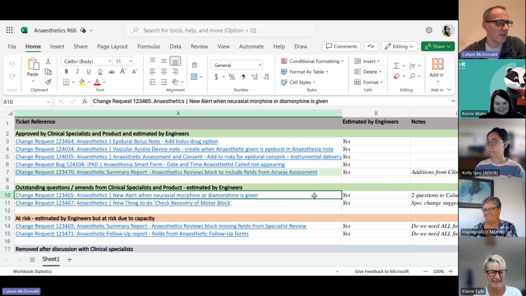Next section down. So new alert when neuraxial morphine or diamorphine is given. This has been combined. There was a request for things to do and alerts in relation to this. After some discussion with the clinical specialist, we think the best way forward will be to have it as a thing to do, where as soon as the spinal or epidural is inserted, then it creates the thing to do from that point on,